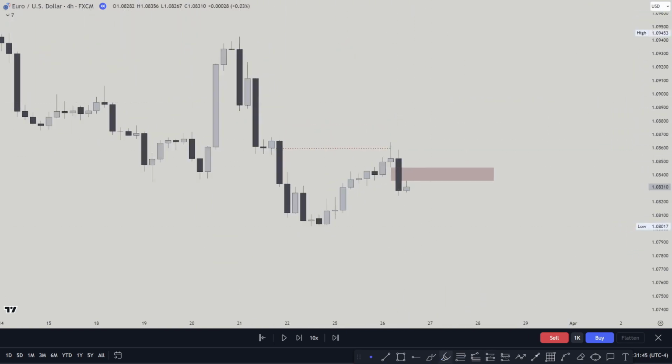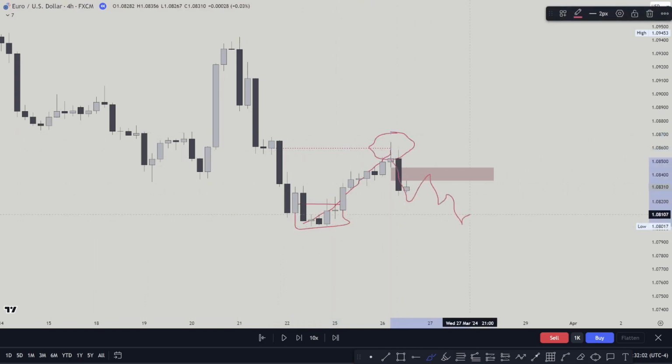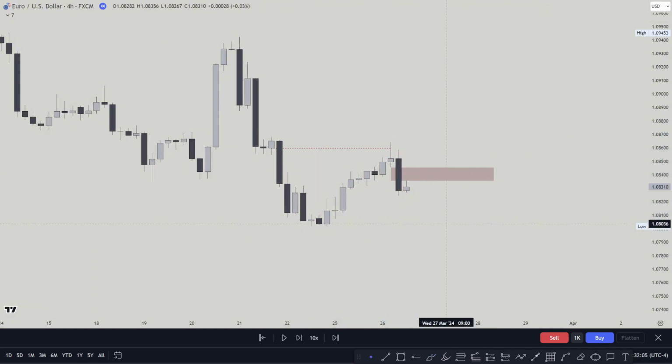Now you see, we had this big range. We're coming higher to the internal range. To go where? Lower to the external low. A clear market maker's model. We had this original consolidation here, smart money reversal, and then we're coming lower to take this low. This is what I was seeing at that moment.